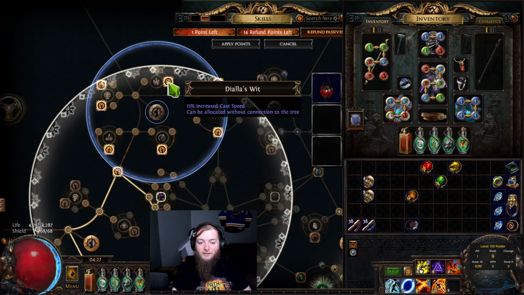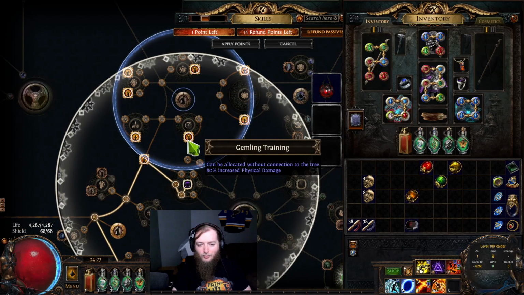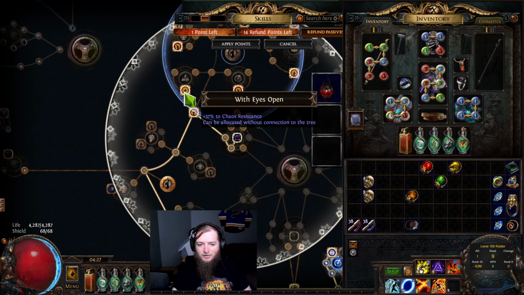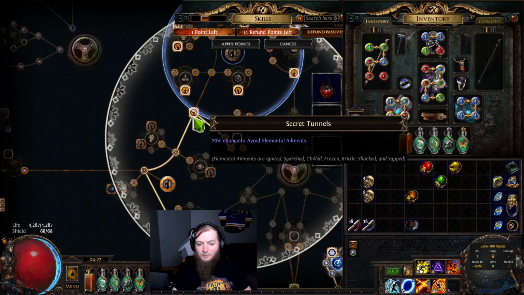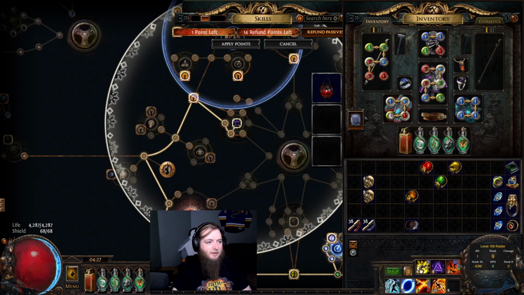20% increased flask effect duration. Attack speed, avoid chill, cold with attacks, physical damage, chaos res. 20% chance to avoid ailments. I haven't seen any of the really crazy ones yet. Let me just pull it up. Go to